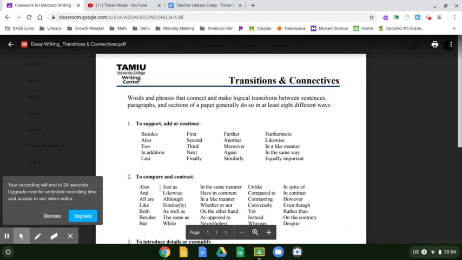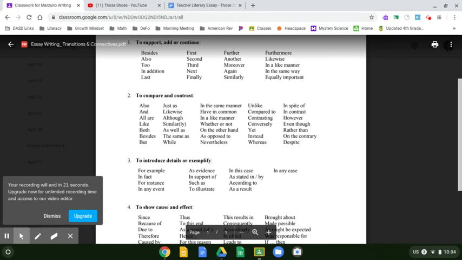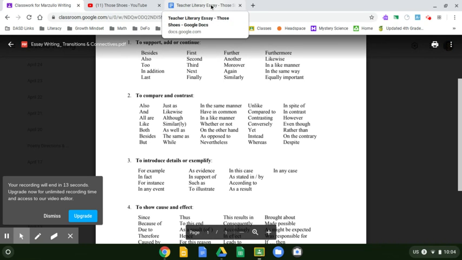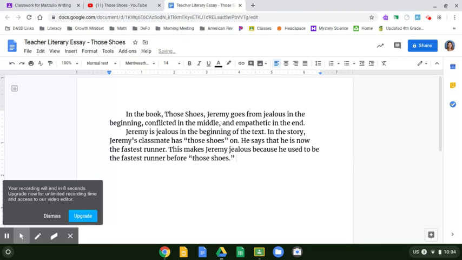Open that up and it's going to tell you many transition words that you can use. For example, for instance, as evidence, in this case. We'll talk about transition words in another lesson, but you might say next, like another example is when. So, topic sentence,